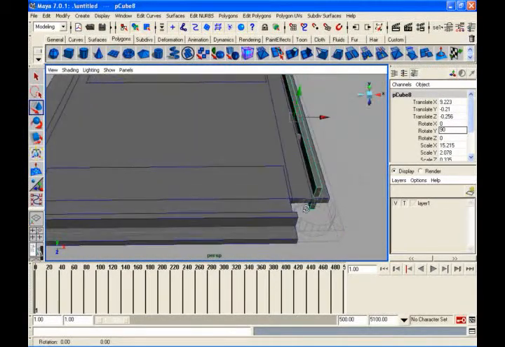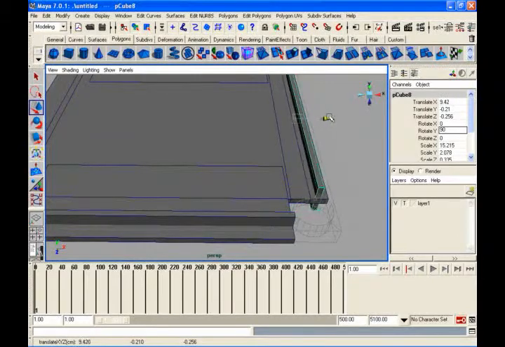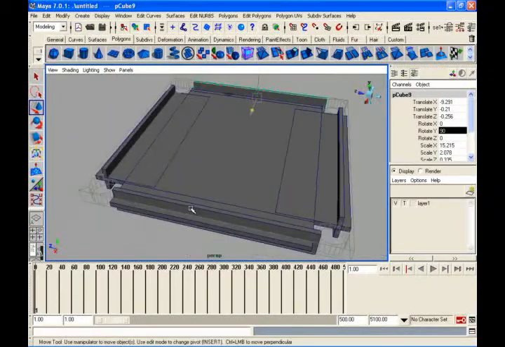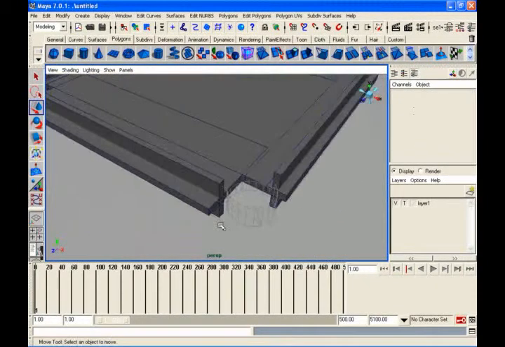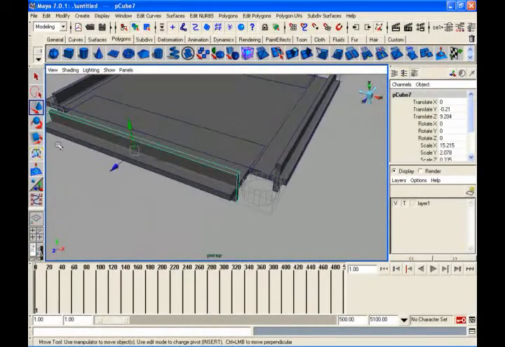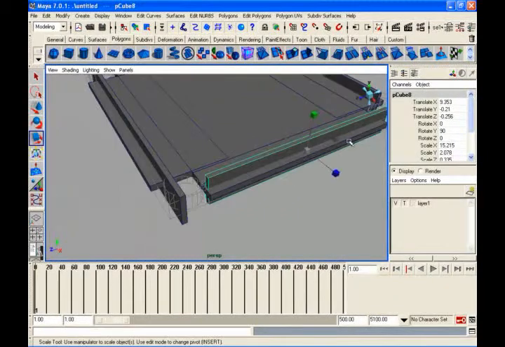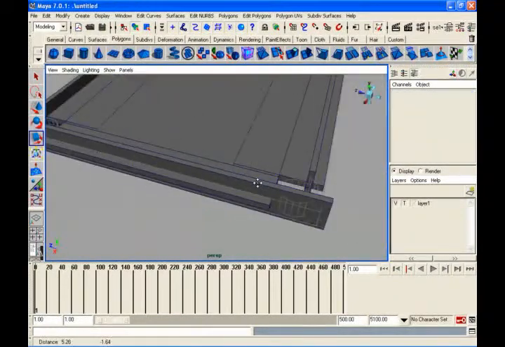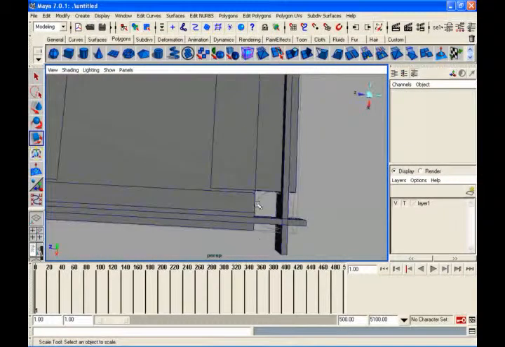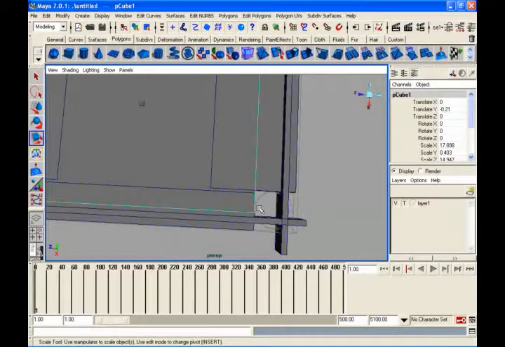Control D, to stop here. Okay, so this will be my hole. If you want to put some barriers here also, you can just scale them literally like this and like this. So that's the part where the coin will drop. You can scale a little bit in or out to create that. According to that, we have to create the coin size, not too big, not too small also.